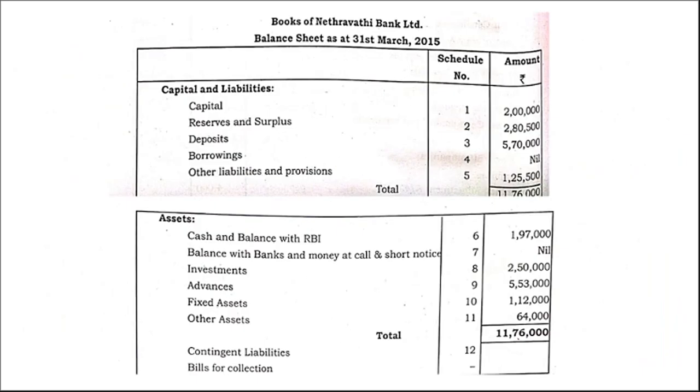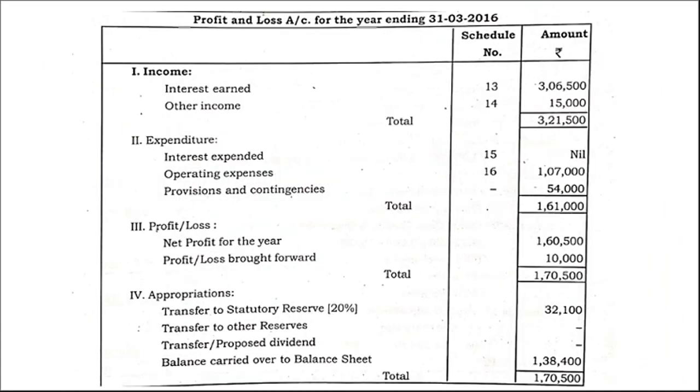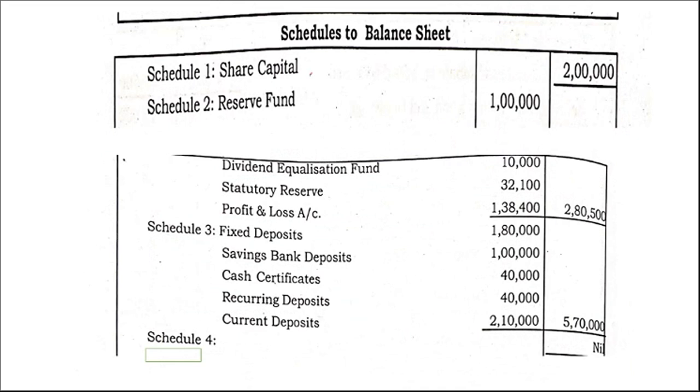So you know the schedules of profit and loss account and balance sheet. Let's see one by one. So share capital, same thing we are writing. It is given in the problem, 2 lakh. So reserves, I told you reserve part you can calculate at the end. You can leave some space here and you can continue with the other things.